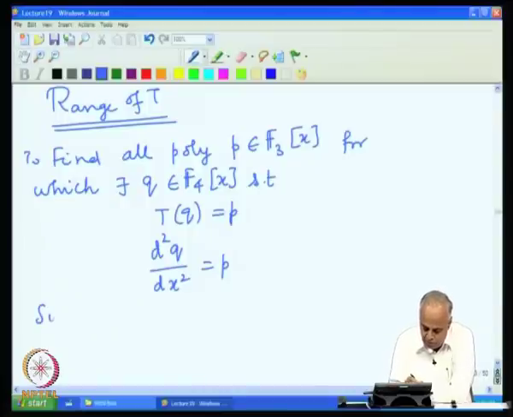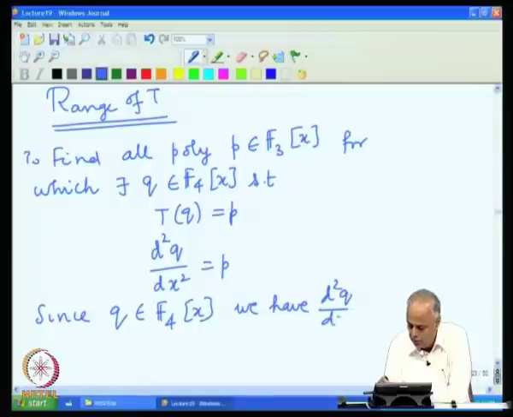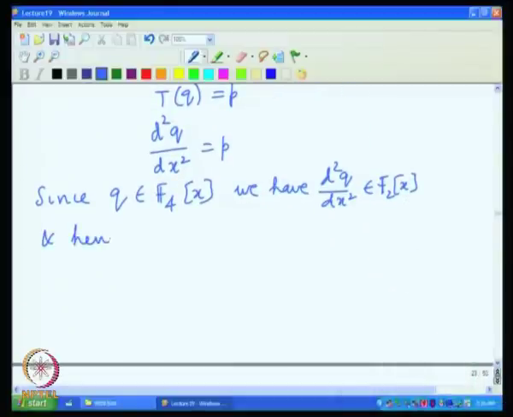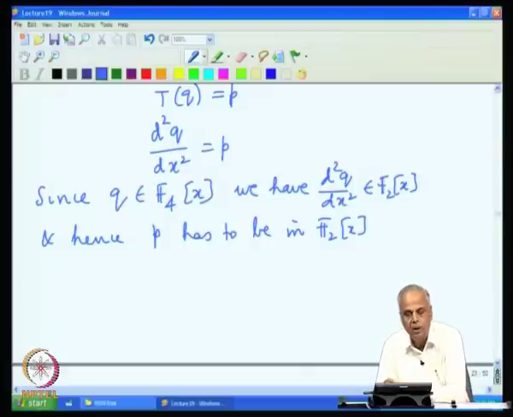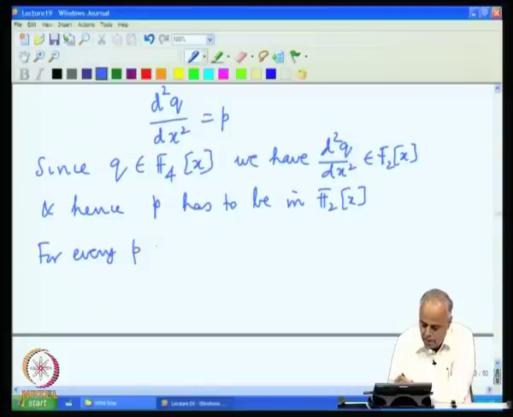Okay. Since Q belongs to F4x, we have d squared Q by dx squared belongs to F2x. It has to be a polynomial of degree less than or equal to 2, and hence P has to be in F2x. So, we know that if at all there is going to be a solution for this, we better start with P which is in F2x, but then for every P in F2x,